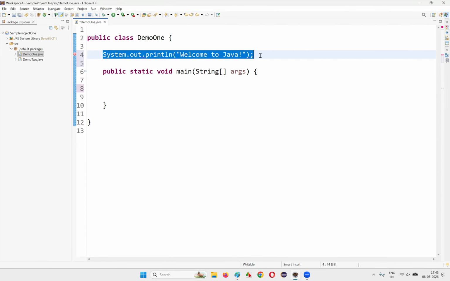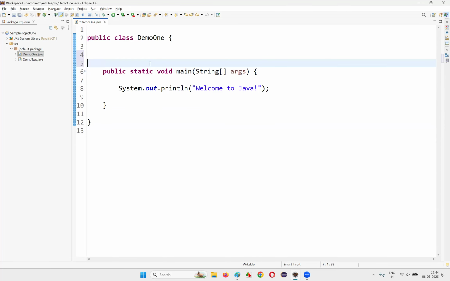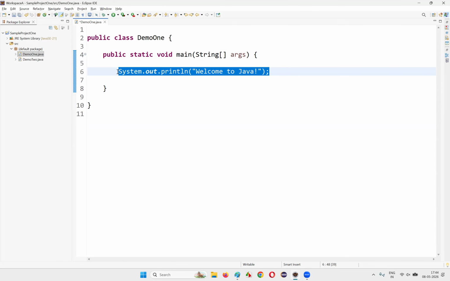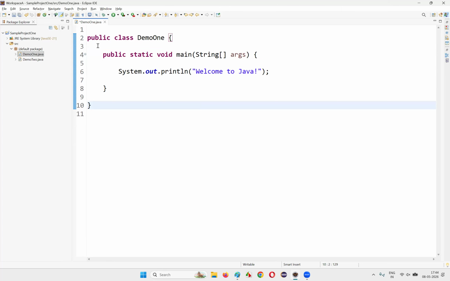So remember that all the executable statements in Java programming should be written inside the methods. Then you will not get the errors. Okay, this is one of the most important mistakes. Most of the people will make this mistake without realizing what mistake they are making. So they'll not even get a clue of how to solve it, and they will be worried about what they have done wrong. So make sure that you write all the executable statements in Java inside the methods, not outside the method,